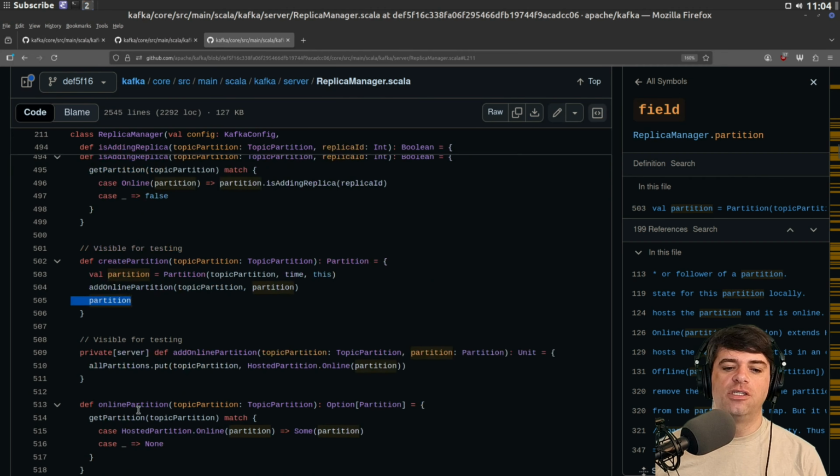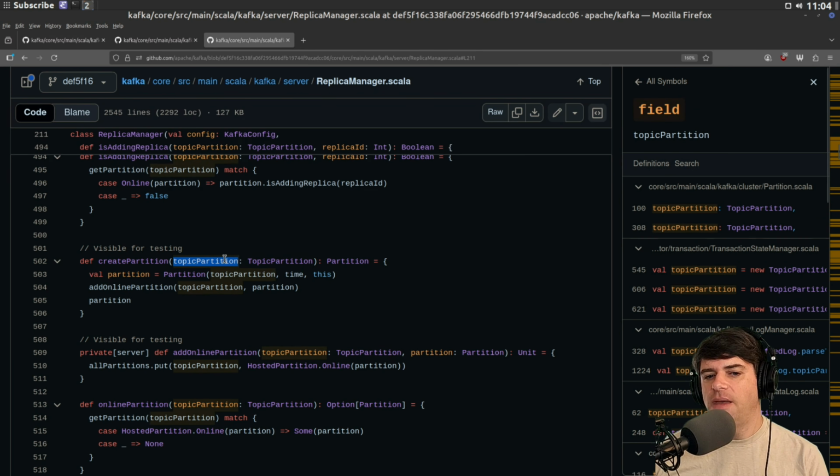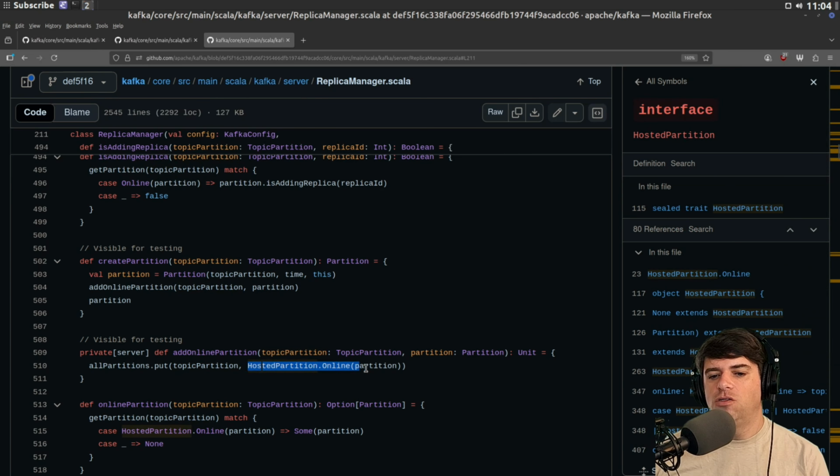And then we're going to return the partition implementation. And add online partition is just calling all partitions.put. So some map. And literally, this is just mapping the topic partition, which seems like either metadata or a partition name or something along those lines, into hosted partition online of partition.